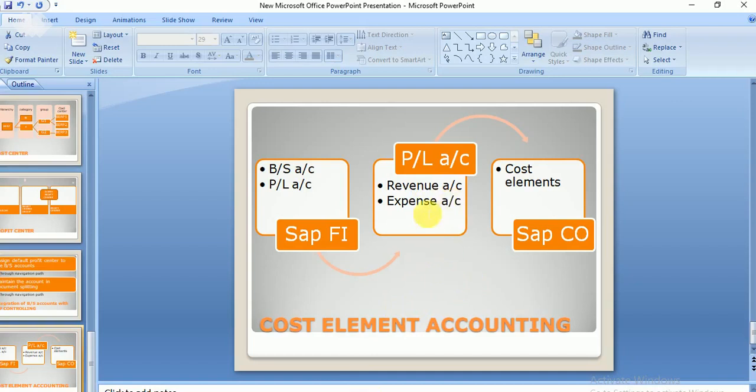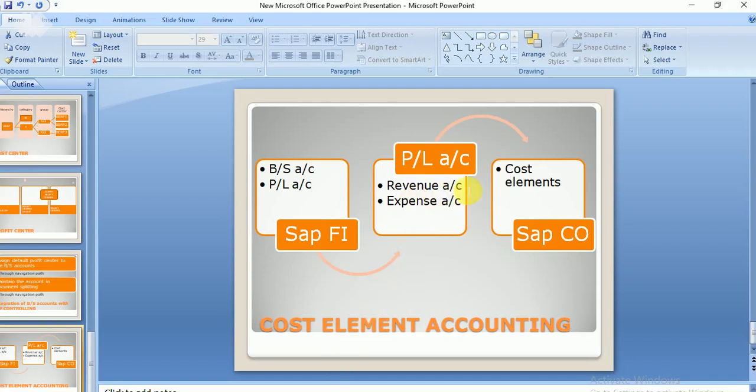Now I'm going to integrate these two accounts with my controlling module. I want to ensure that the amounts in these accounts should flow into the controlling module. So how am I going to do this? I need to convert.